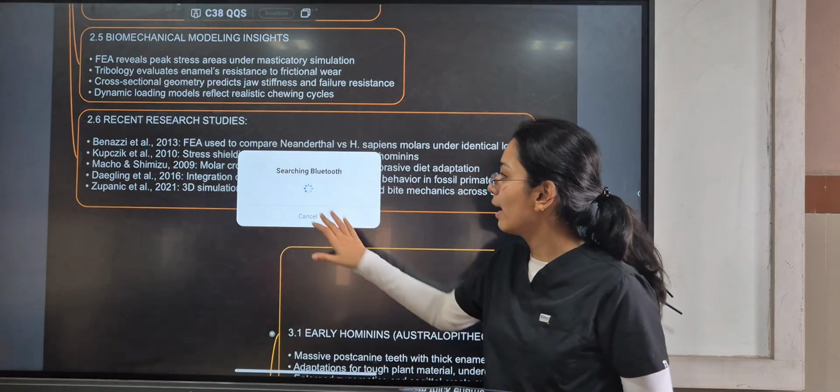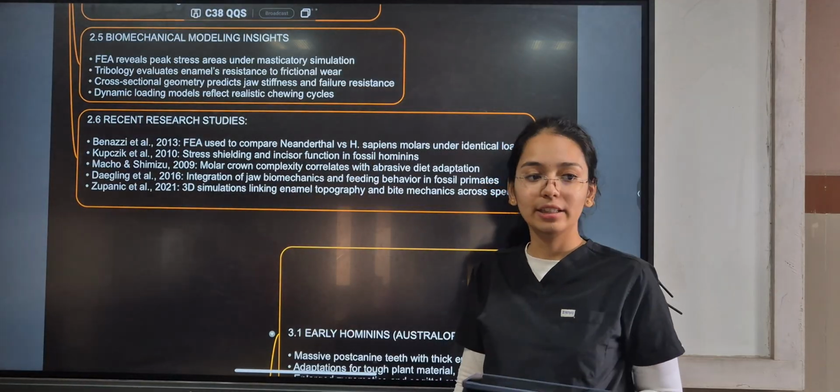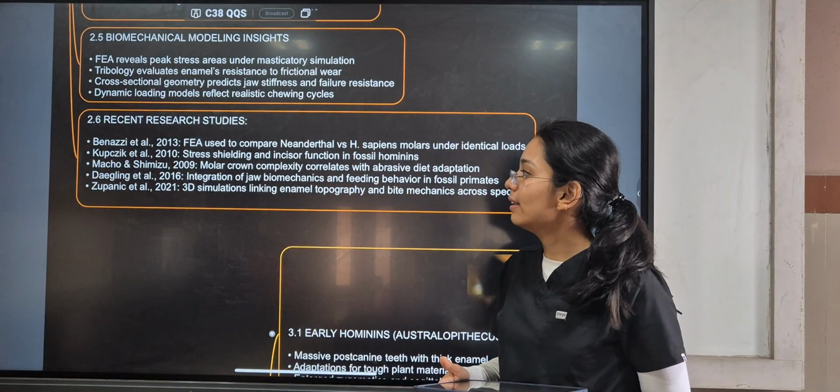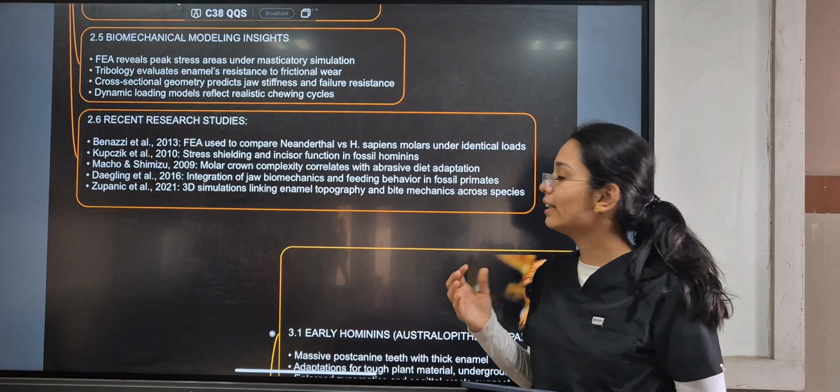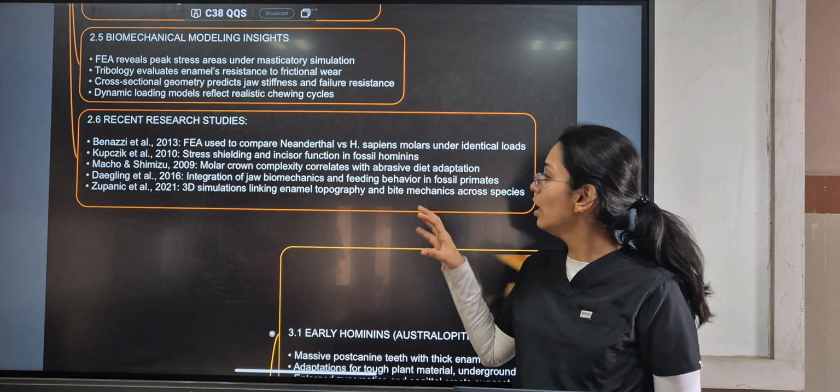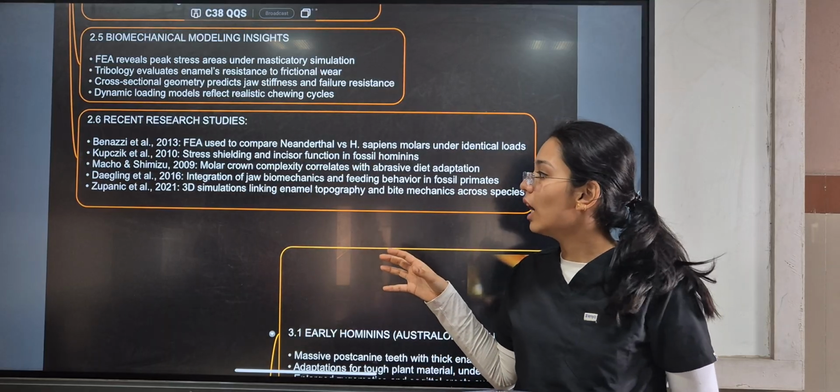Another study by Macho and Shimizu et al. in 2019 said that molar crown complexity correlates with abrasive diet adaptation. Next we have